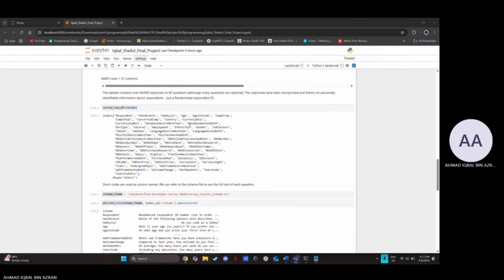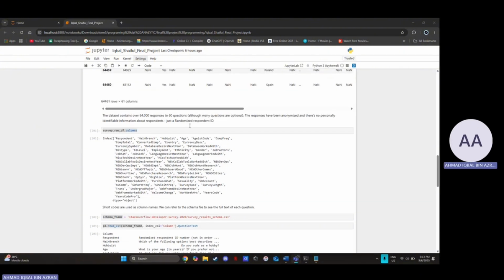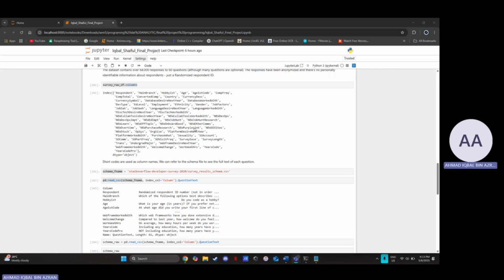We do not want this, we do not want the NaN, and also we do not want more than 50 years. Then we create the raw data frame by calling the CSV to loop with the data frame. So this is what the data frame looks like. It looks like a whole bunch of columns. In fact, the total is about 61 columns. Now we can run it again to see the data has been removed.